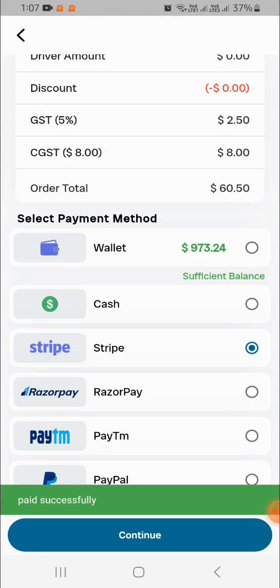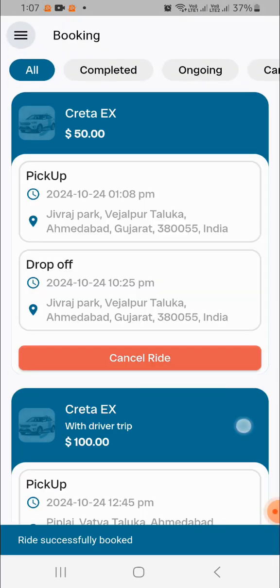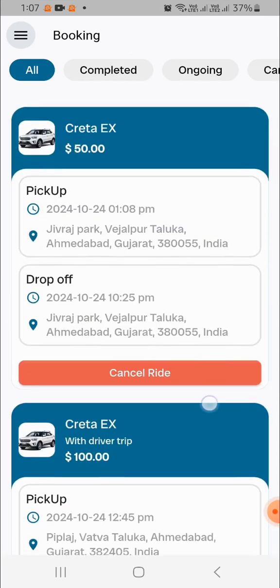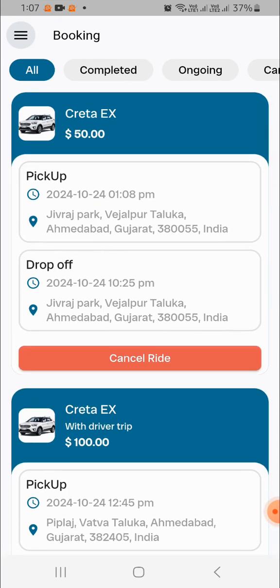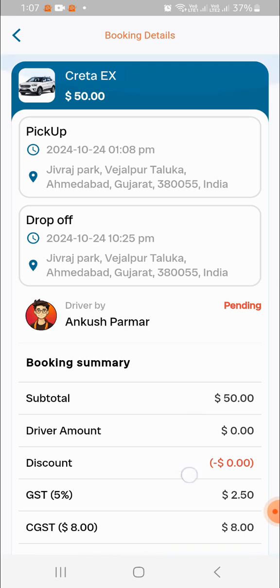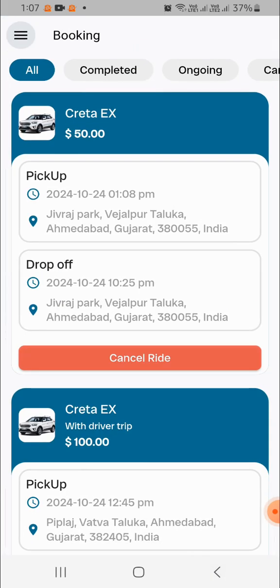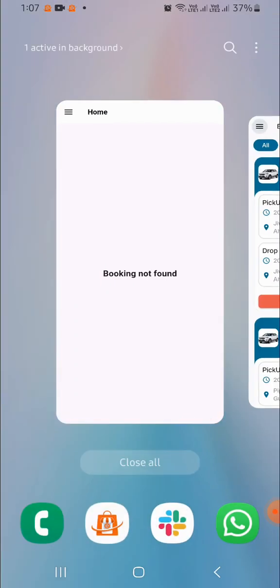Continue. The payment is successful and the booking is created successfully. Here you can see the booking details, and the booking request is sent to the driver app.